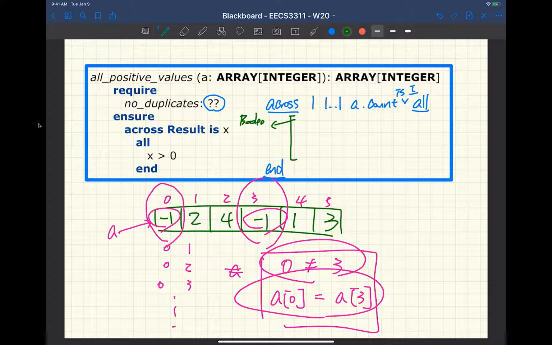An across all loop can just return a Boolean, so that's why it can be the body of another across loop. So what I can put here is across 1 until A.count as, for example, j. It's a different dummy variable I'm introducing. And then put all here and then end. So now I can use both i and j